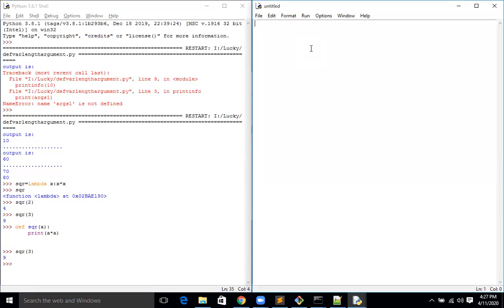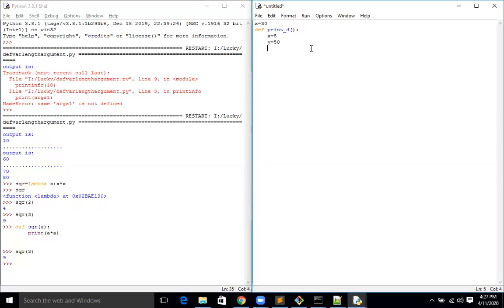Now let me write a program like x equal to 30. Then I am giving a definition, print d, in which I am printing the data, and then x equal to 5, and then y equal to 50.